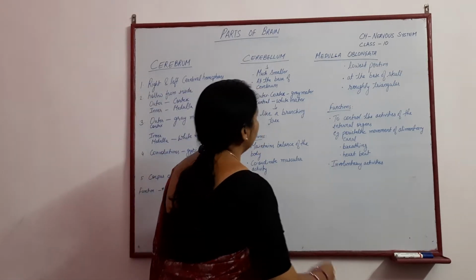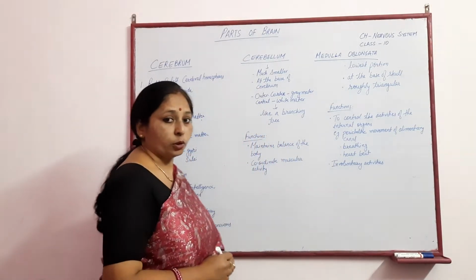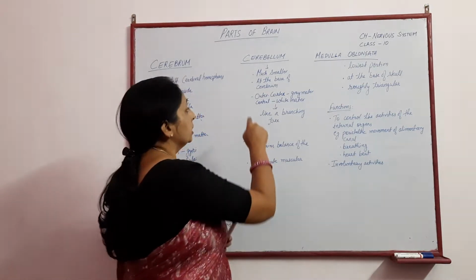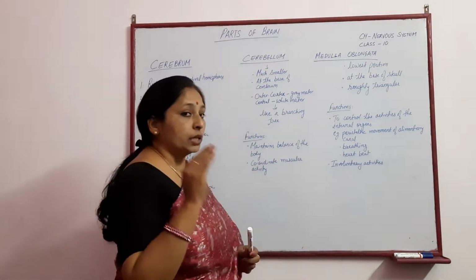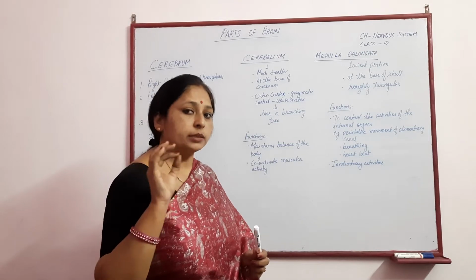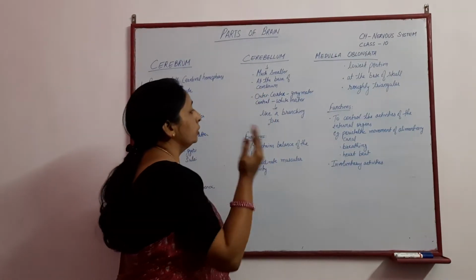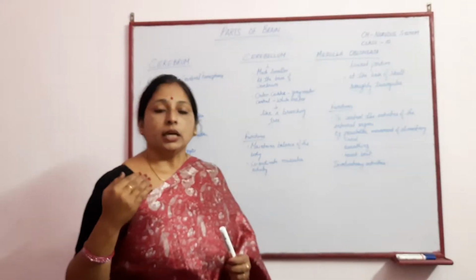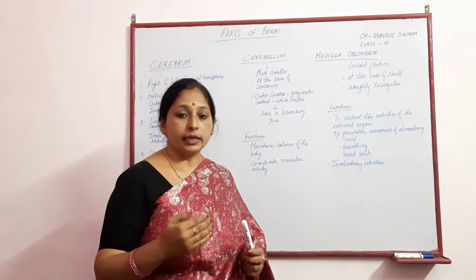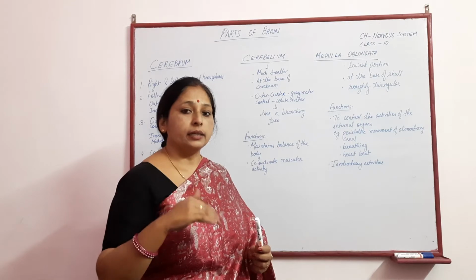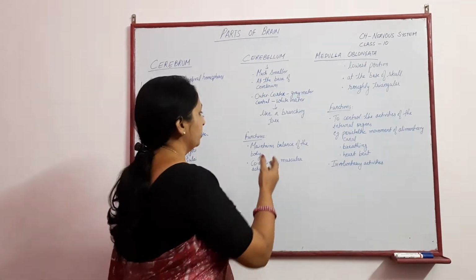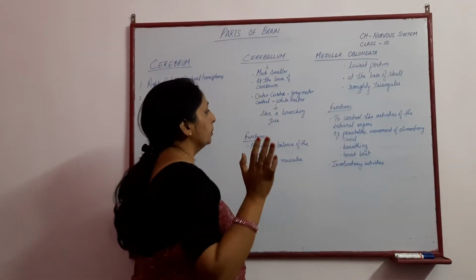Cerebellum. Cerebellum is much smaller and it is present at the base of the cerebrum. Smaller region, very small region present at the base of the cerebrum. Outer layer, here also the outer layer is the cortex, which is grey matter. Inner layer is medulla, which is white matter, and